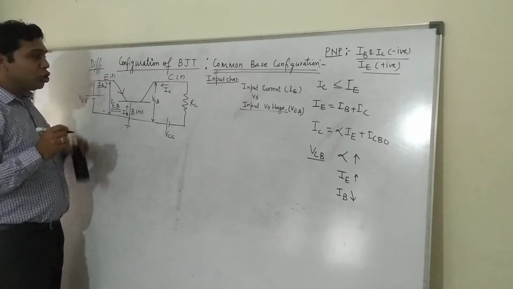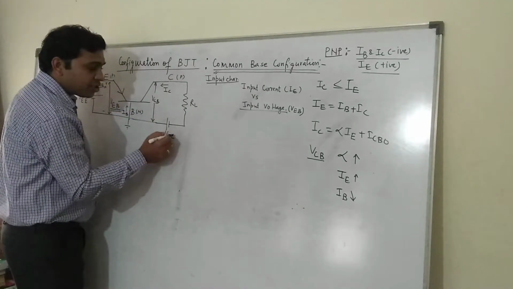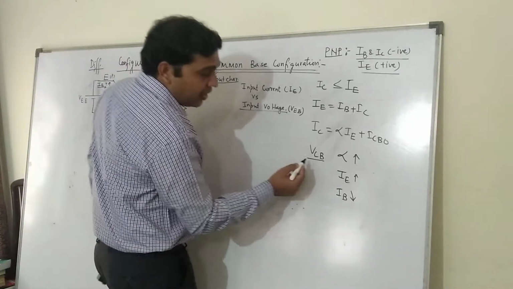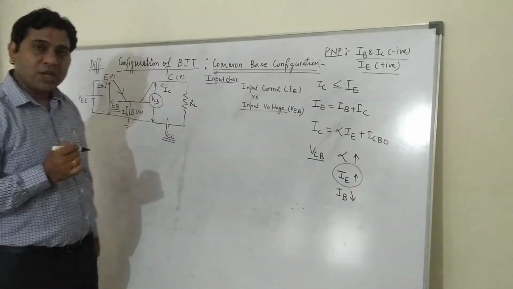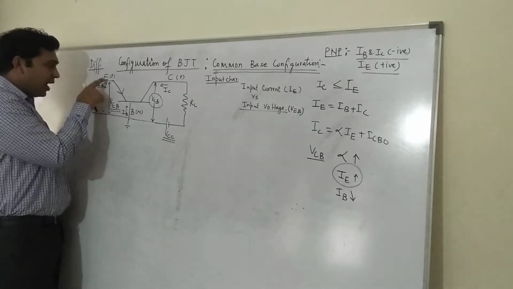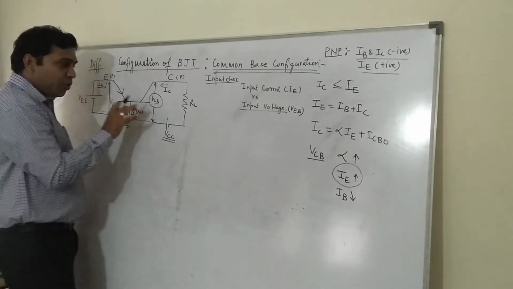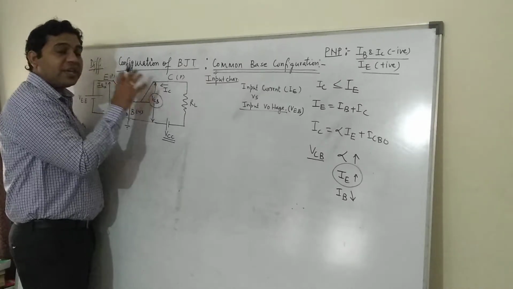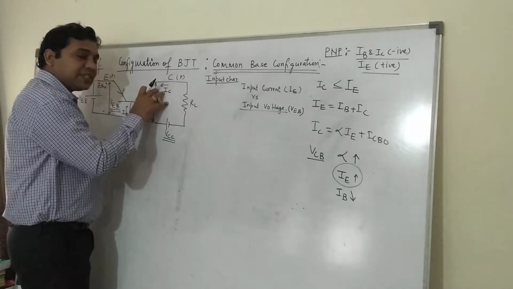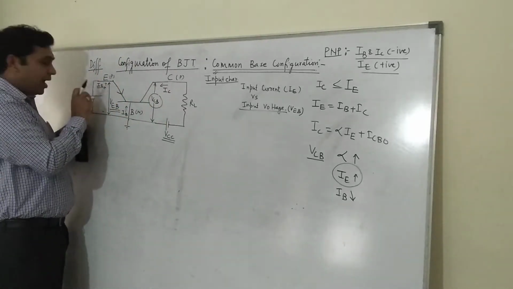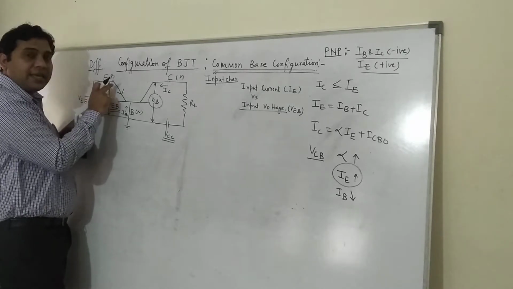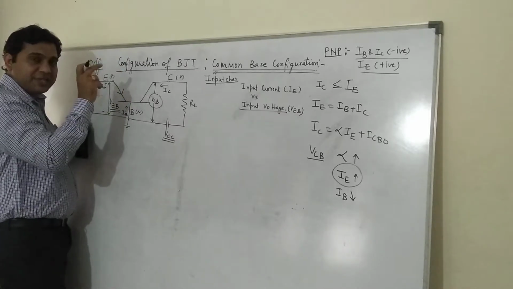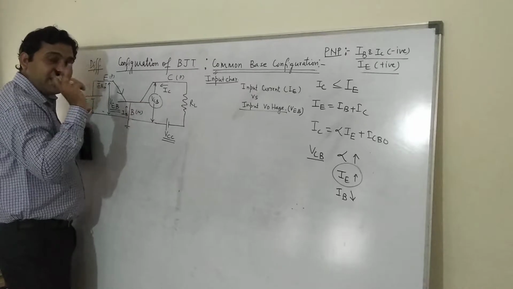Now since the input current also depends upon the output voltage, this we have already seen in the last lecture, that if you increase VCB, IE is definitely going to increase. So we cannot simply plot IE versus VEB. We need to keep the output voltage constant. If we do not keep it constant, we cannot draw the characteristics. So for a particular VCB, I can change VEB, I can change VEE, and I will measure IE. Again I change VEE, and I measure IE. But I need to keep VCB constant at a particular value.